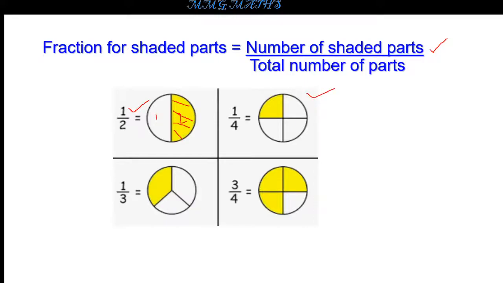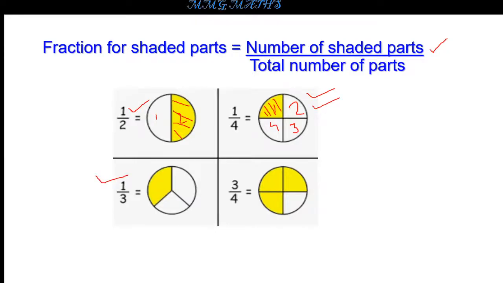Look here children, now we have to write the fraction for this circle. How many parts? Equal parts. You have to note that this circle is divided into 4 equal parts. You all know the total number of parts is your denominator, so I have written 4 over here. Next, number of shaded parts. Here you can see the yellow colored part is this. So this circle has only one shaded part, so I have written 1 at the top, meaning 1 is our numerator. So 1 by 4 is the fraction for the shaded part of this circle. Moving to the next circle.